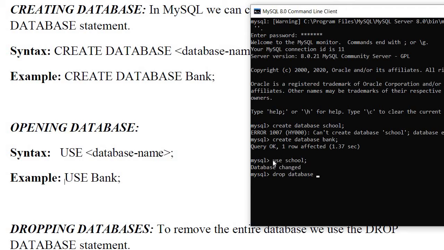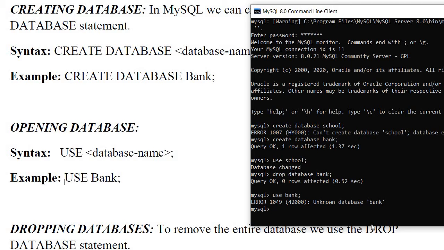We will drop bank because we have to work on school. Now you see query okay, 0 rows affected, and the timing of how much time it takes to execute. If you now write use bank, you will get an error, because there is no database with the name bank. That's why it gives you an error.